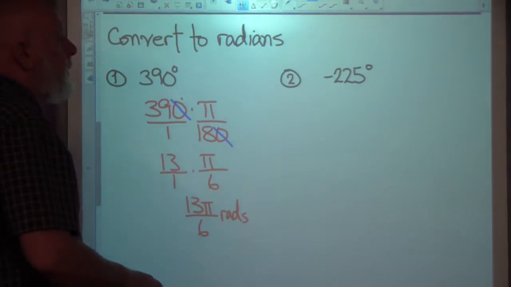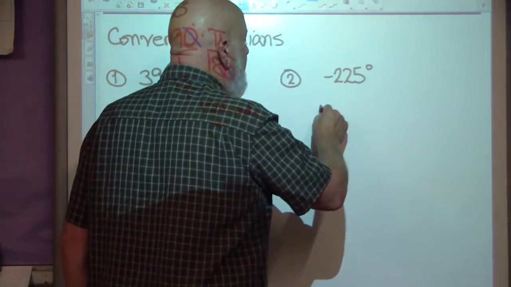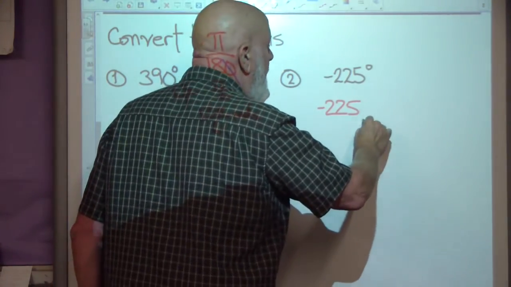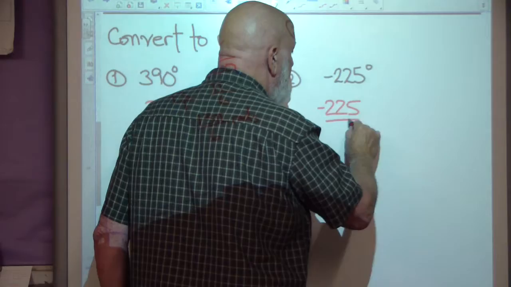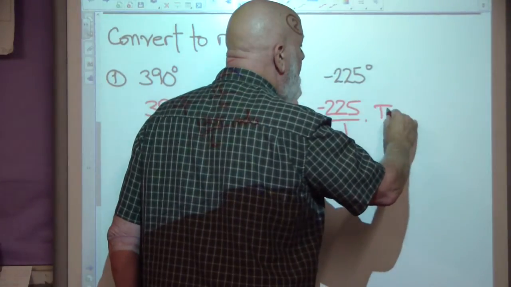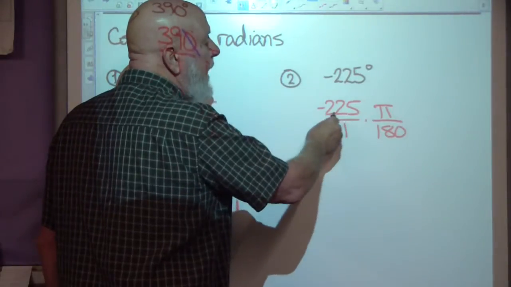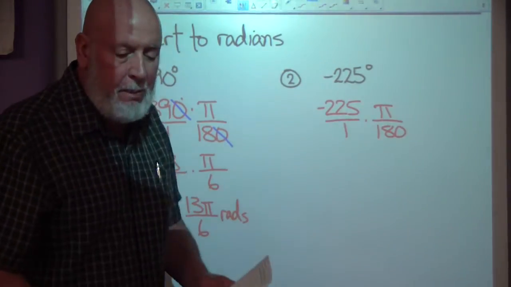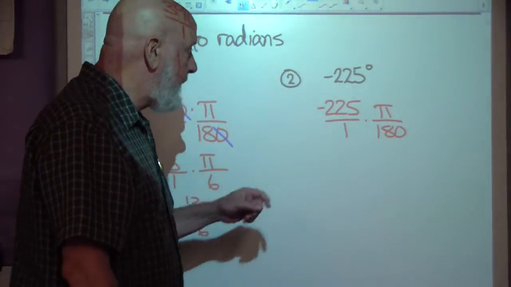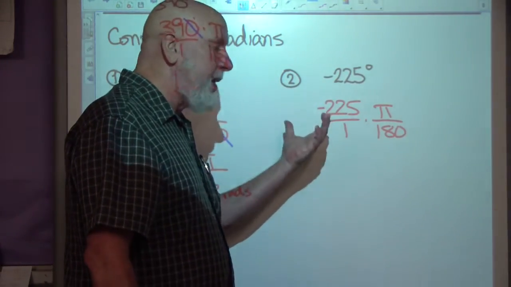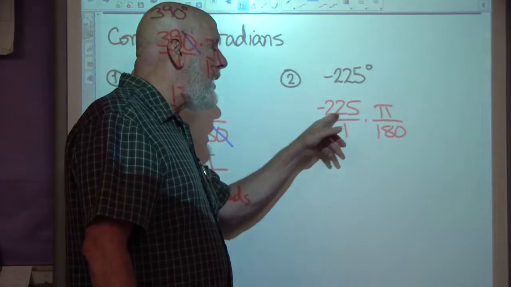Yay! All right. Negative 225. Here we go. We're going to do the same thing, times pi over 180. And I'm going to see if this will divide by 3. You guys probably remember the trick for seeing if a number will divide by 3. If you add the digits of the number up and that sum is divisible by 3, then the number itself